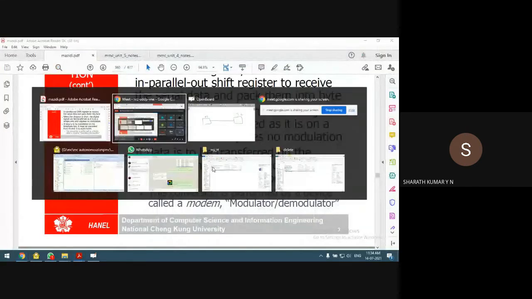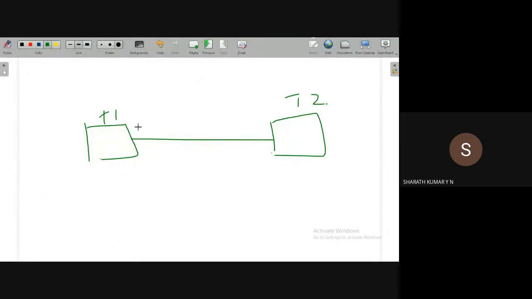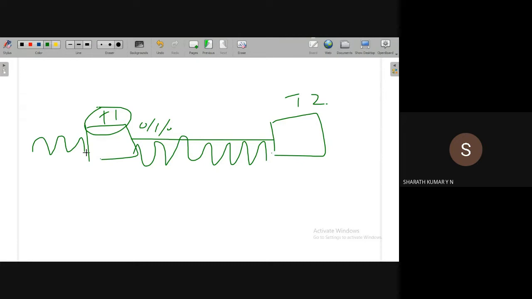We know that these wires cannot transmit zeros. How can a wire transmit zeros and ones? Can it transmit zero? No, it has to transmit the signal in analog form. So whatever data is processed by the system is internally stored as zeros and ones. This has to be converted back to an analog signal, and these analog signals are transmitted over the transmission line. At the receiving end, this analog signal has to be converted into zeros and ones for storage purposes.